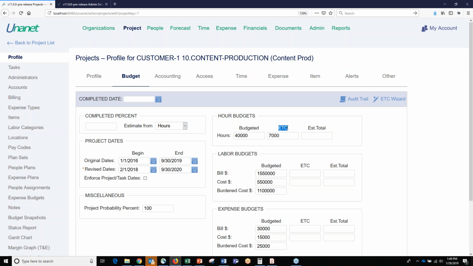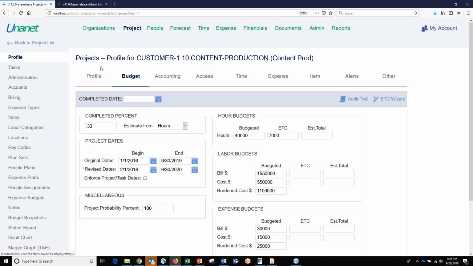If they put in an ETC, an estimate to complete, or a revised budget, an estimated total, we will calculate the percent complete based on other values, unless we are given the percent complete. If we're given a 33% complete, we're going to use that 33% complete. And that also is true for revenue recognition for fixed price work. So if you're recognizing revenue based on percent complete, we will either calculate the percent complete for you, or use the one provided.